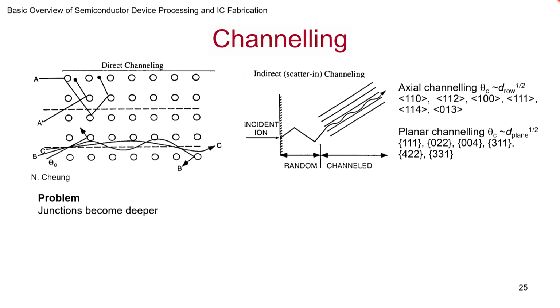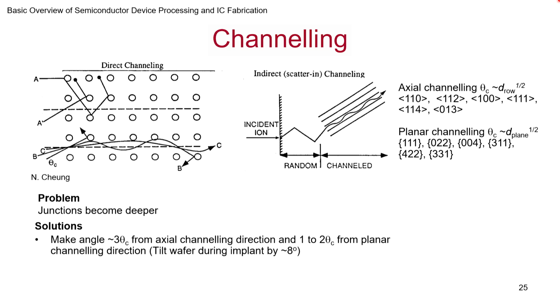So what do we do? Of course, you should make sure you avoid those channels during the implantation. But how much do we avoid? Can we do something about it? Supposing you have a wafer where the ion that is coming in is bound to directly get into the channel, because remember, it's coming always vertical. So what you do is you tilt the wafer a little bit. You tilt the wafer by around 8 degrees, and that is enough. And depending on the channel, you will know how much to tilt. That is enough to make it appear as though it is random. And once it crashes in, of course, its directions become random. Of course, you still get the tail, but it is much less.